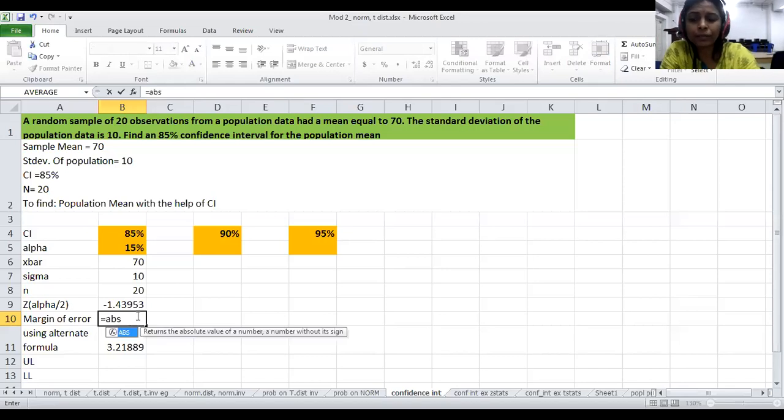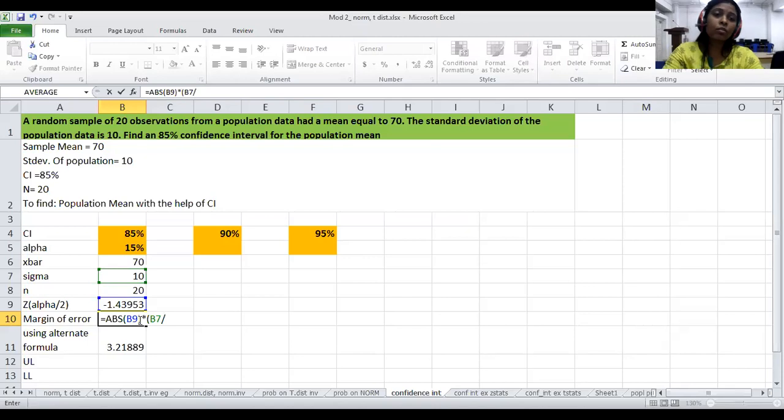Okay. Just type that and click on this. You have to give the number. So the number is nothing but the z alpha by 2 value. So this value, close it, into open brackets again, your standard deviation of population 10 by square root of n. Okay, so we need to do square root of n. There is a formula again, SQRT. Use that and give the number n and close. This formula is clear for everyone?